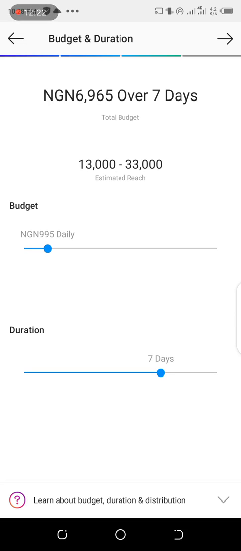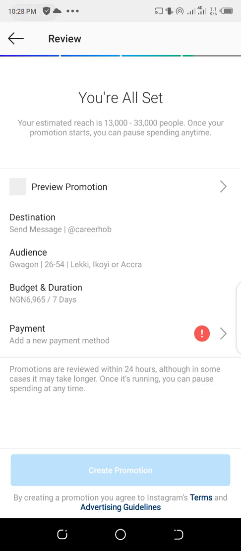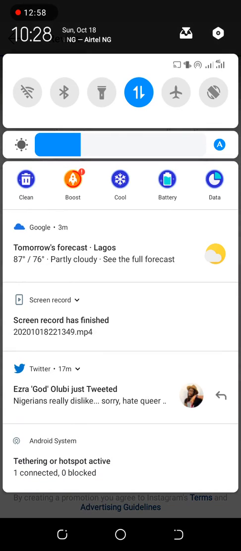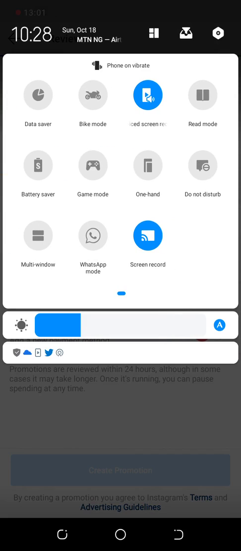Now, after selecting the days, that's the duration of the ad, next thing you want to do is tap. Now, you will see that here, because this is a test account, my payment is not linked, right? But once your payment is on your page, and your Instagram page is linked to your Facebook page, that means this error button will not show here. You see this, tap this create promotion. All you have to do after here is tap create promotion, and your ad is good to go. And what you do after setting up your ad, you can always come to monitor the ad and